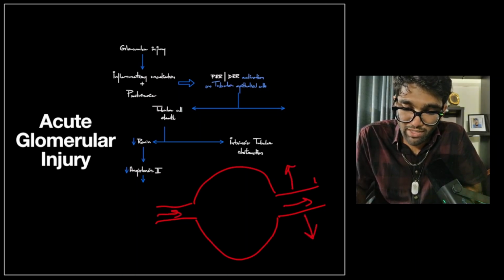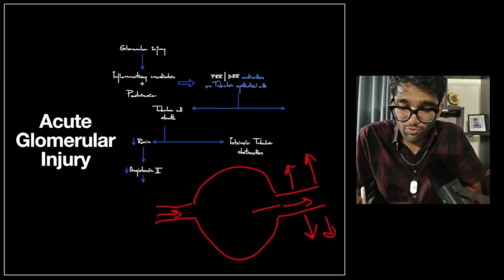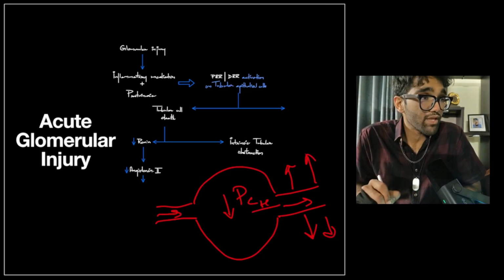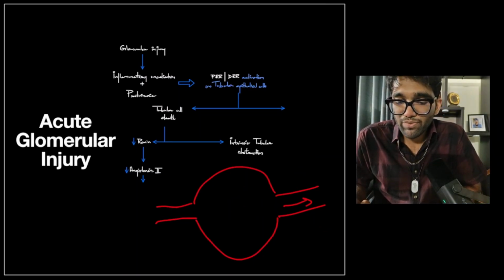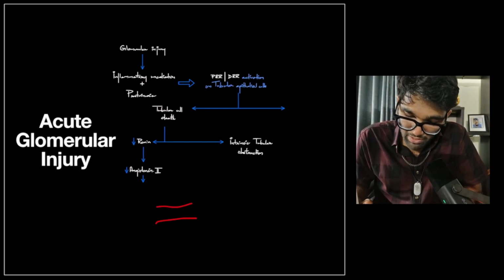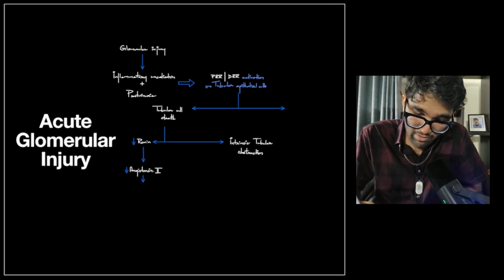Because the efferent arteriole dilates, the back pressure into the glomerulus is decreased, and therefore there is a decrease in the glomerular capillary hydrostatic pressure. And that decrease in glomerular hydrostatic pressure results in decreased GFR. Okay. Now, so what is happening here is, say